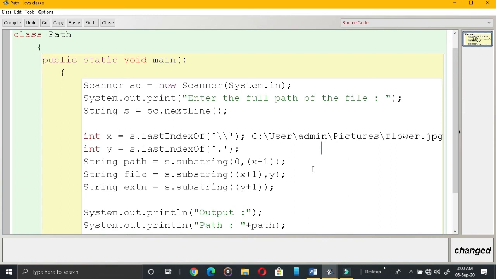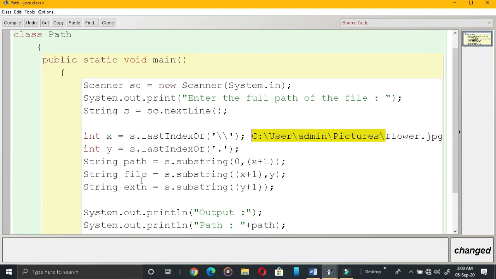That's why X plus 1. That means X plus 1 is up to here I am mentioning, but the substring will extract characters up to the previous position only.